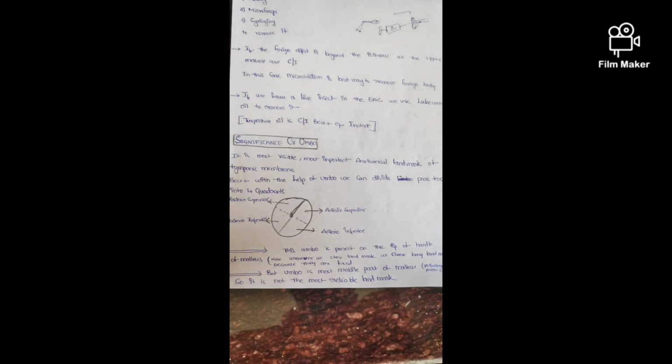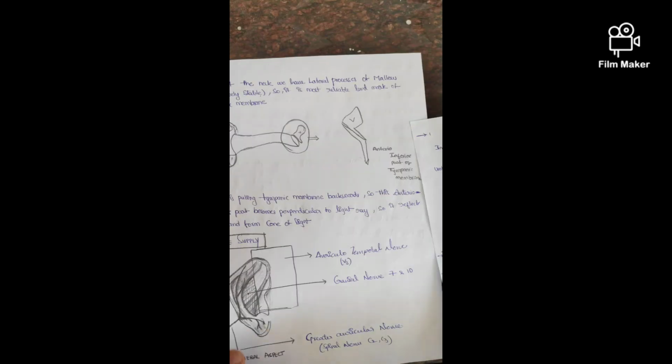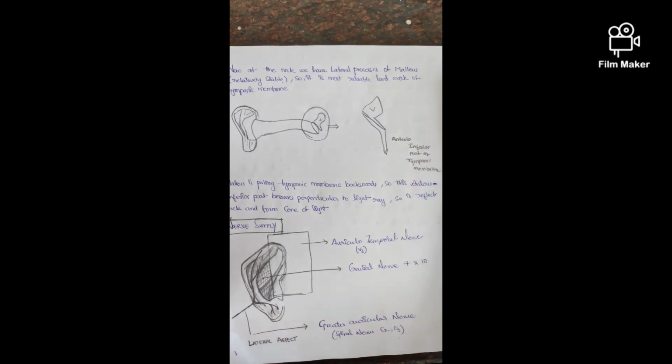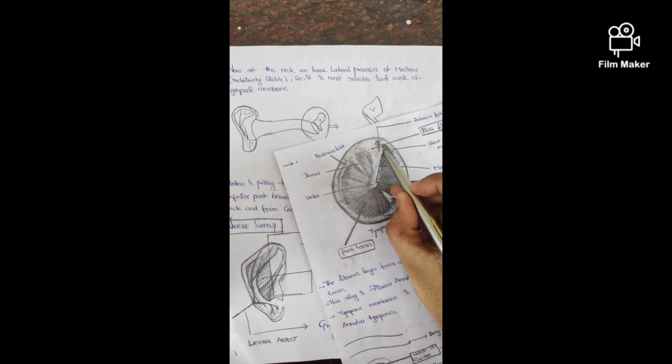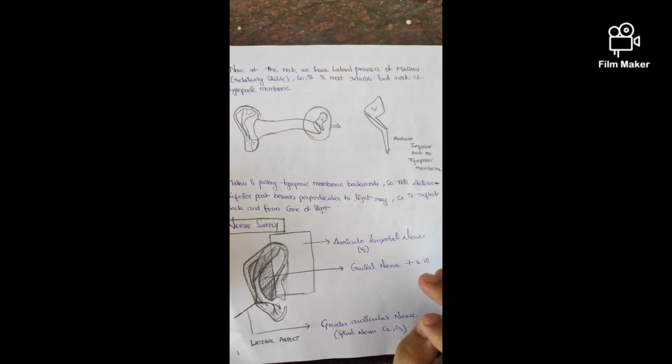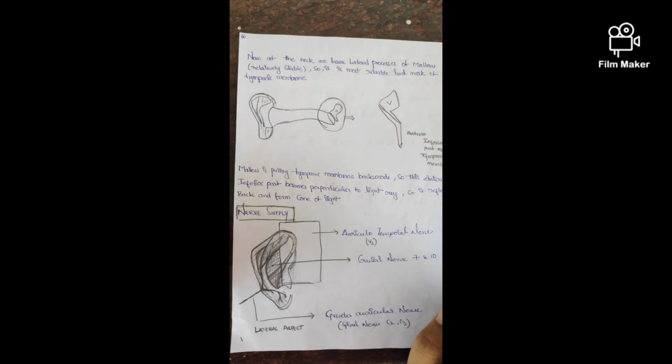Now whenever we choose a landmark, the landmark should be fixed, but the tip of the malleus is the most motile part, so it is not a reliable landmark, as I said before. At the neck of the malleus, it has a lateral process. It is relatively stable when compared to the tip of the handle of the malleus. So it can be used as a reliable landmark.